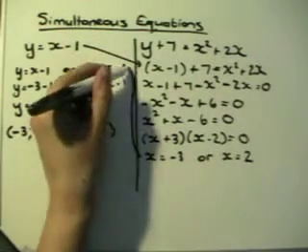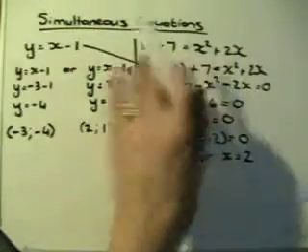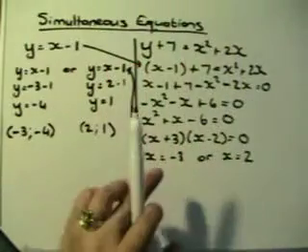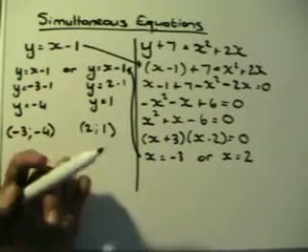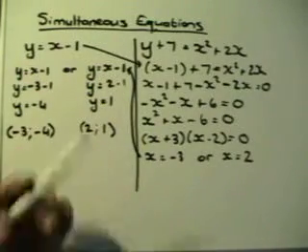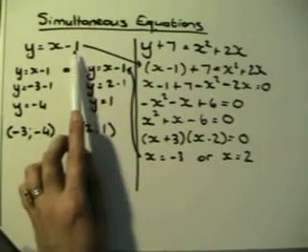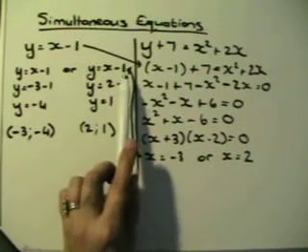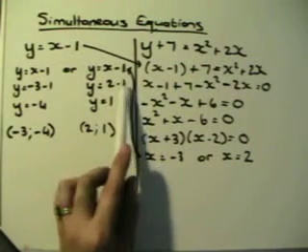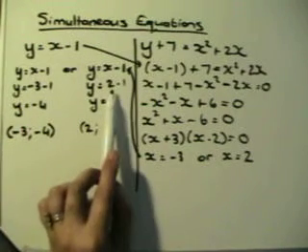So then if you get two answers, you substitute both these answers into that equation, and just make sure to put an arrow there. When you move from this equation to that one, put an arrow, then you work here. When you move from this equation back to that one, put an arrow. This just helps the people who marks your work to see what you did here. Because if you have here y is equal to x minus 1, and underneath that you break y is equal to x minus 1 into two mathematical sentences, and you just make the one x minus 3 and the other x 2,